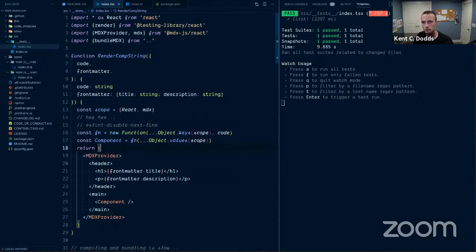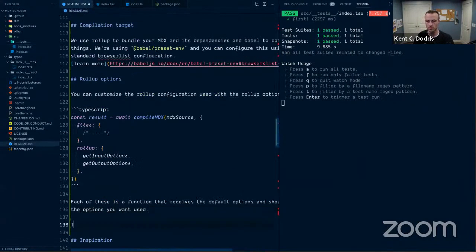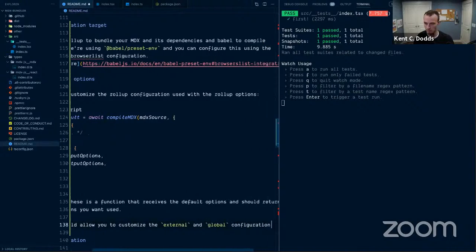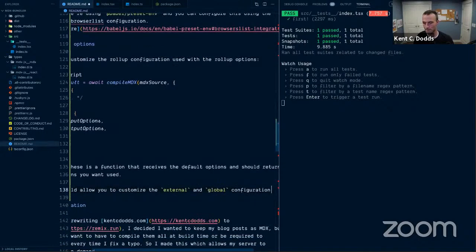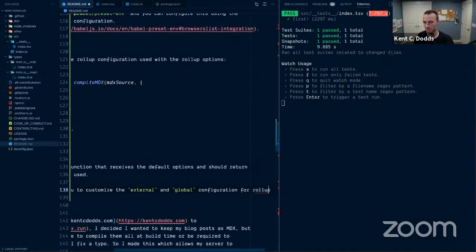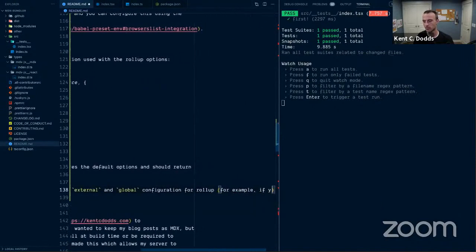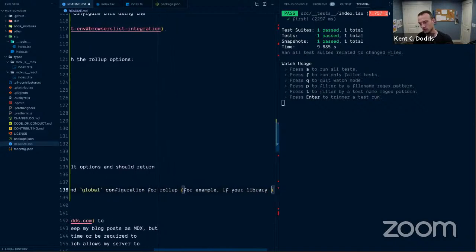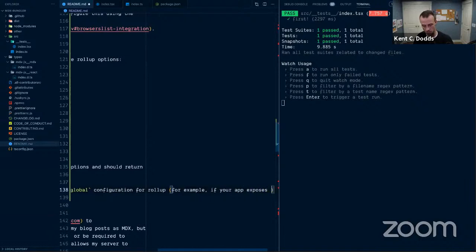This should allow you to customize the external and global configuration. For example, if your app exposes D3